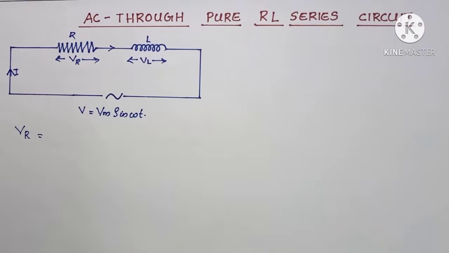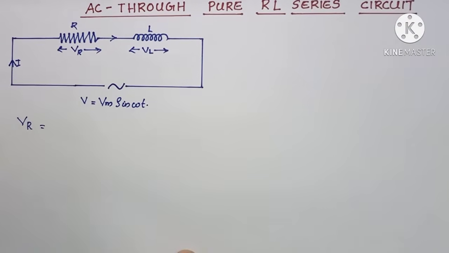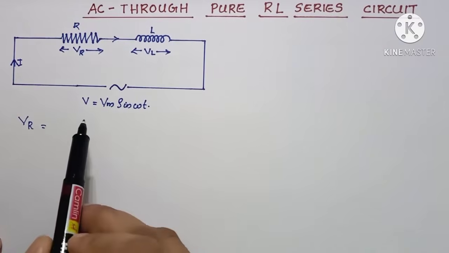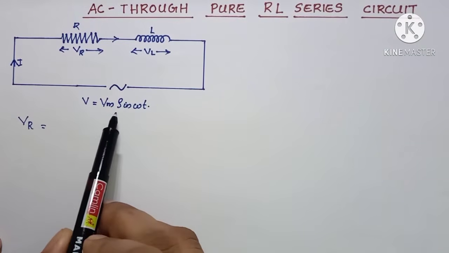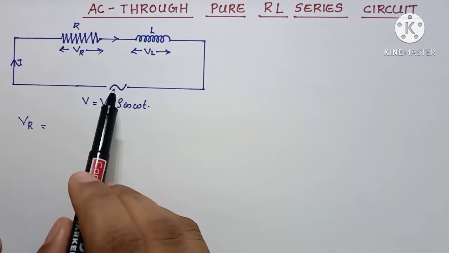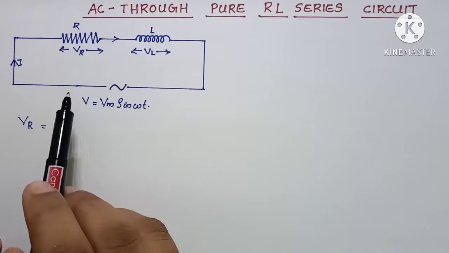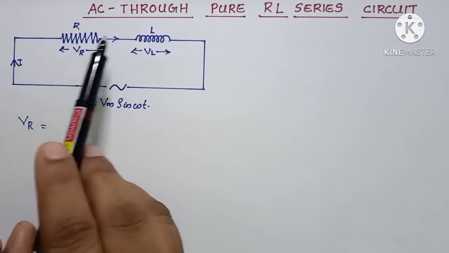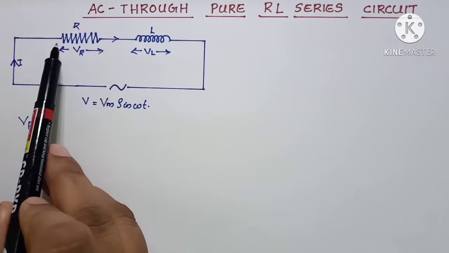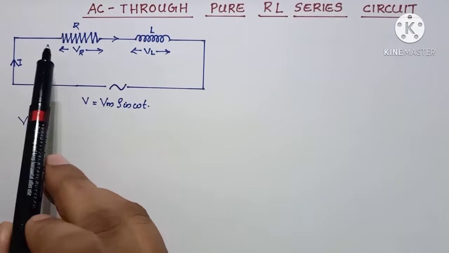For this, first we can see here a series RL circuit. Vm sin omega t is the instantaneous value of voltage which is supplied by this alternating AC source to this series RL circuit, and i will be the current flowing through this circuit at that time,